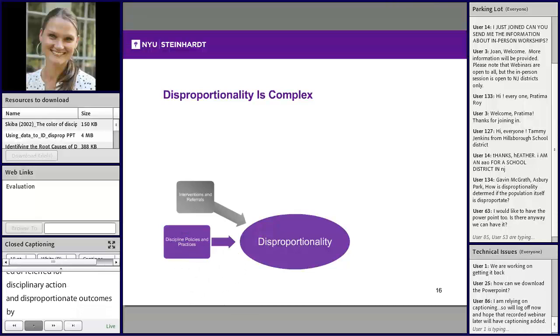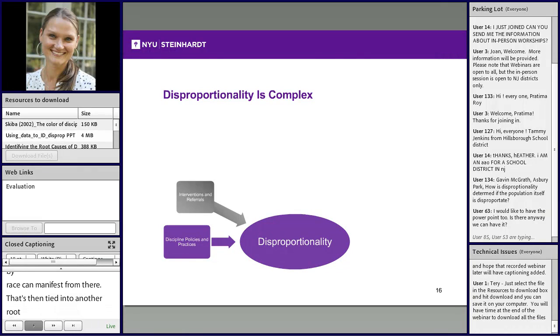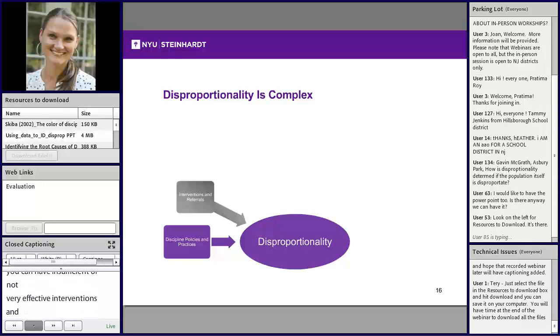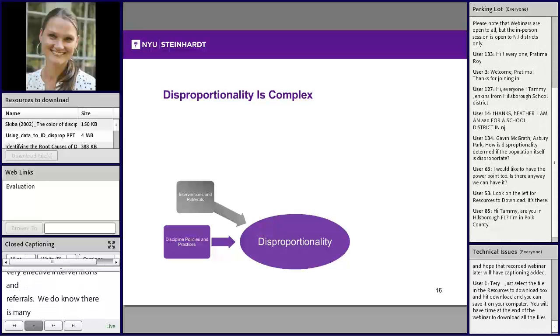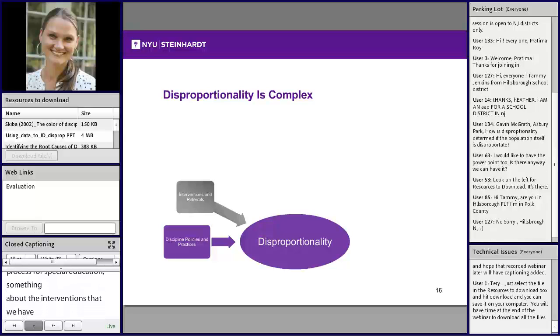And that's tied into another root cause of disproportionality that shows up in the research: you can have insufficient or not very effective interventions and referrals. While we do know there are many systems like response to intervention, PBIS, all these different programs that we can engage with as practitioners, they still are unable to stop disproportionate outcomes. That may have to do with implementation fidelity, and there are multiple factors, but we know there's something about the referral process for special education, something about the interventions we have in place, that are contributing to or part of